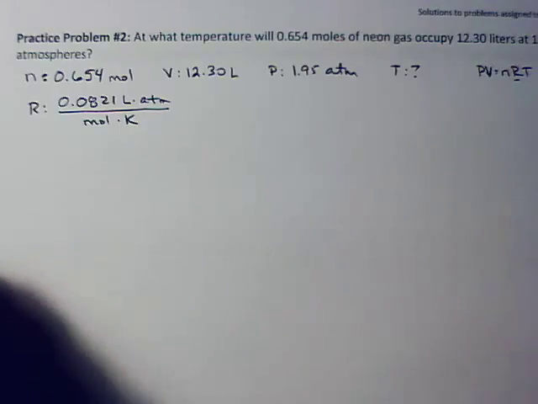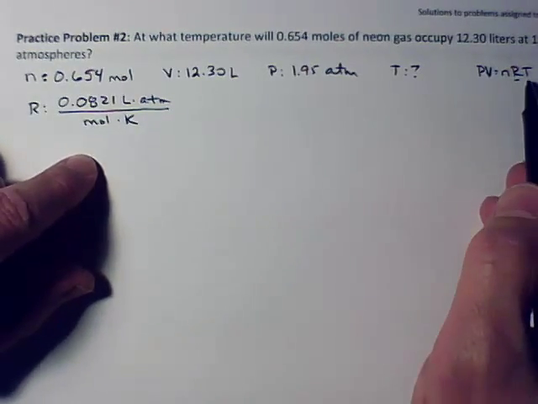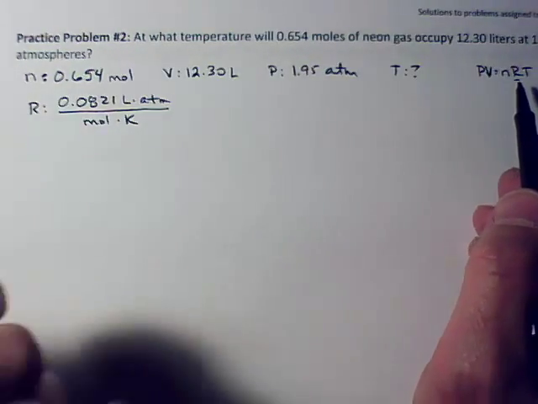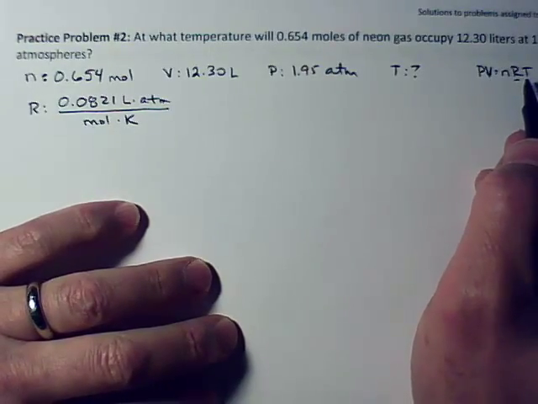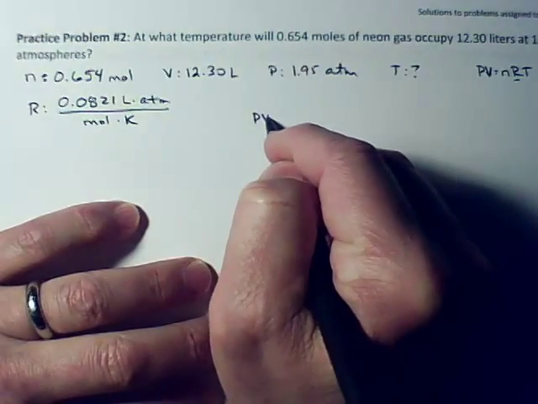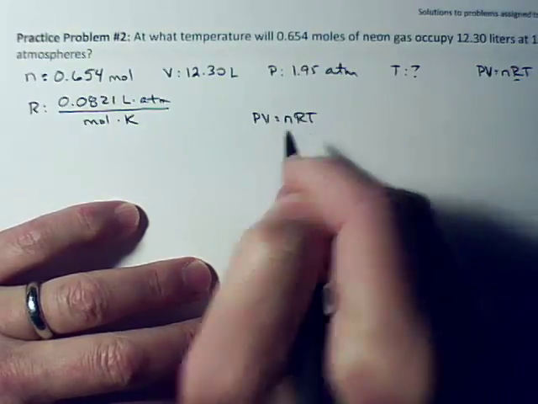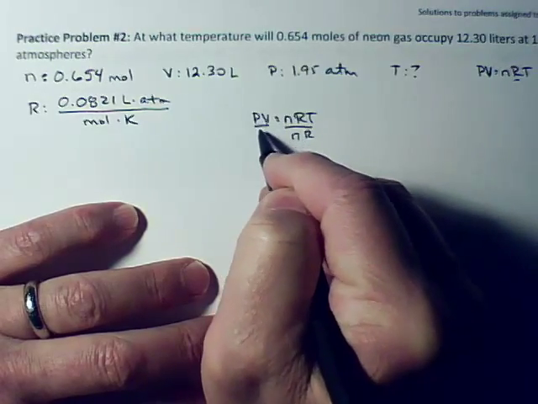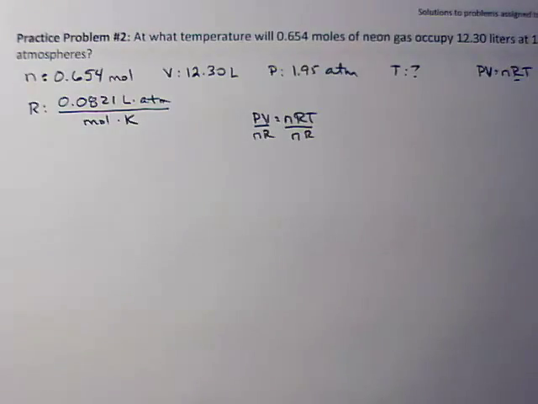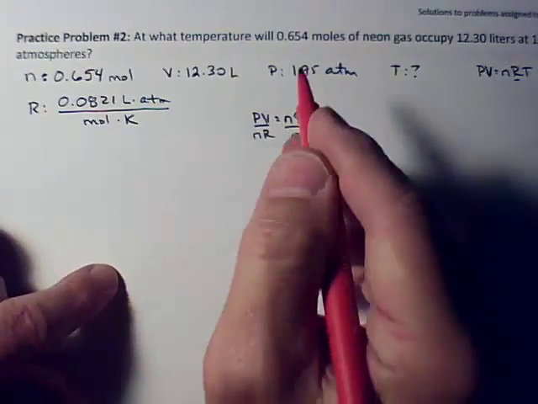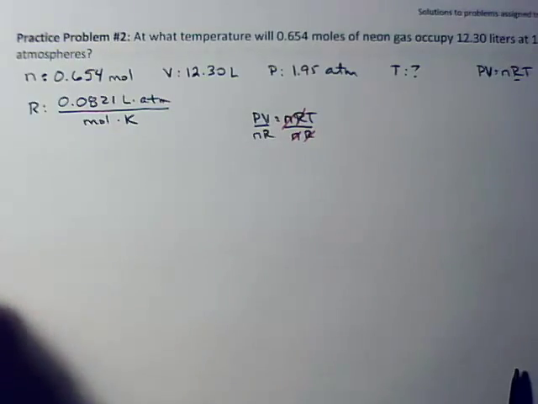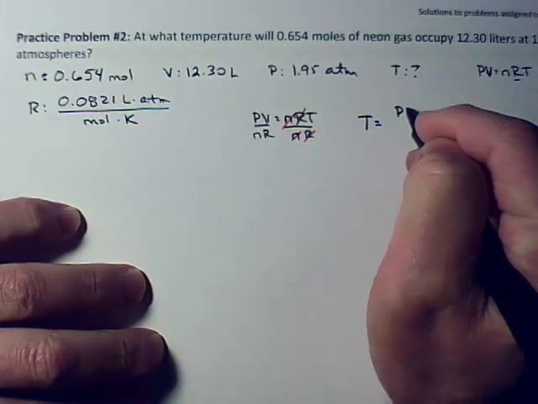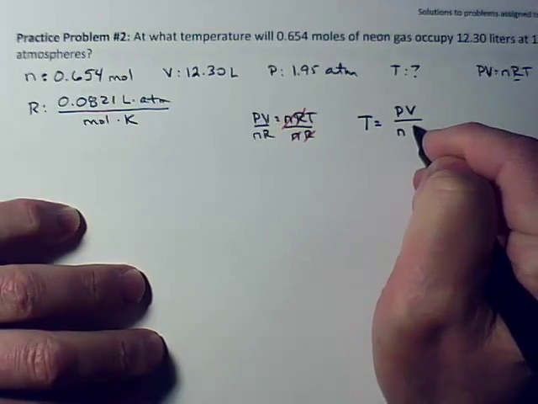So now all we've got to do is plug in. We're trying to find T. I always like to isolate the unknown first when we get to something like the ideal gas law. That's up to you, but it works out better for me. So if I have PV equals nRT and I want to get T by itself, I'm going to divide by n and R, which cancels n on this side and R on this side. And so the equation I'm actually going to use is T equals PV over nR,